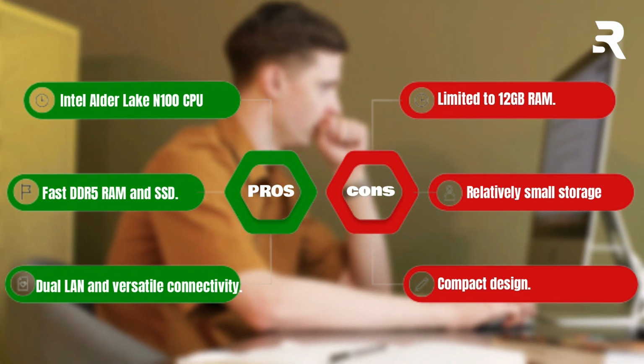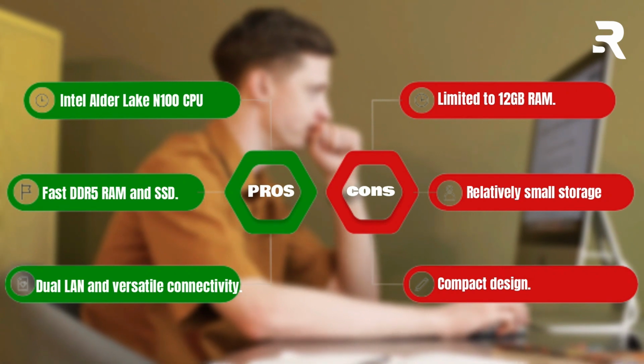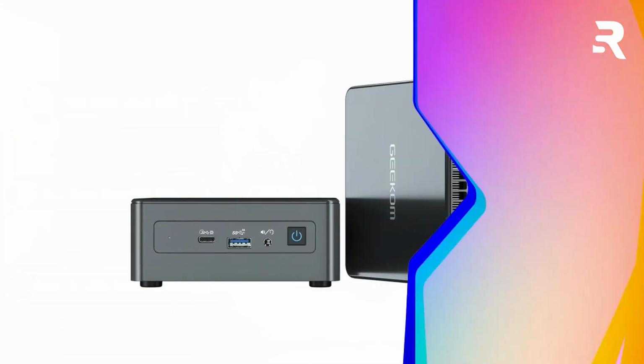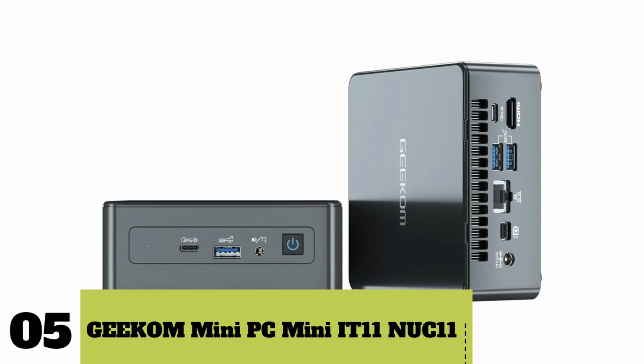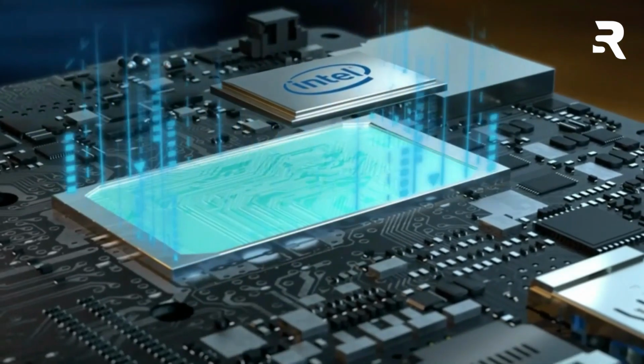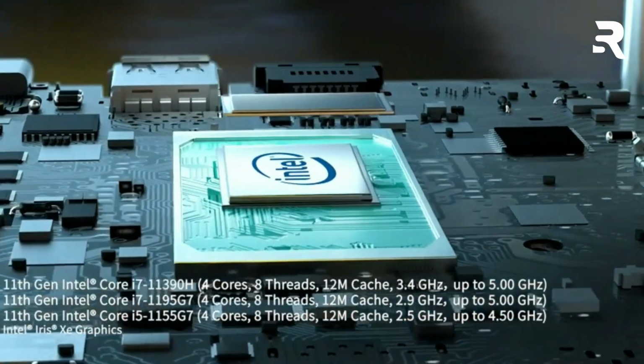Cons: limited to 12 GB RAM, relatively small storage capacity, compact design. Number 5. GEEKOM Mini PC Mini ID11 NUC11. Featuring an upgraded 11th Gen Intel Core i5 1155 G7 processor,